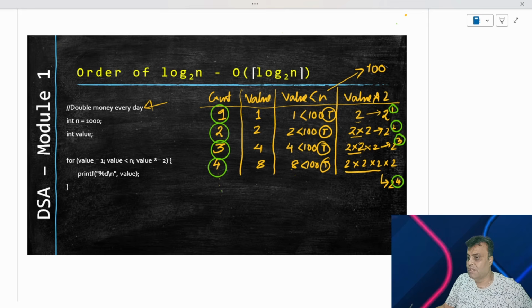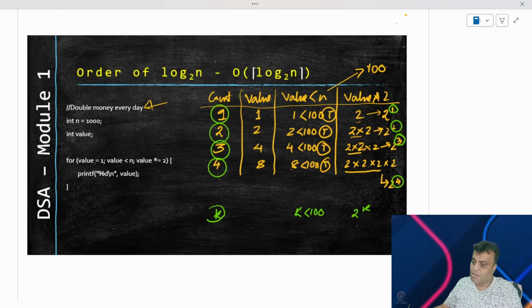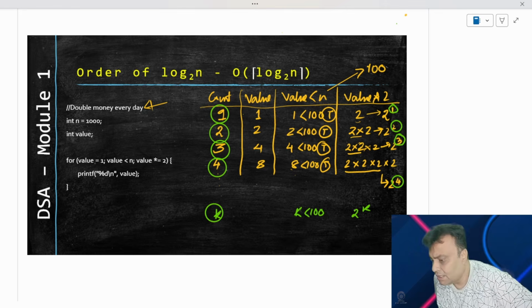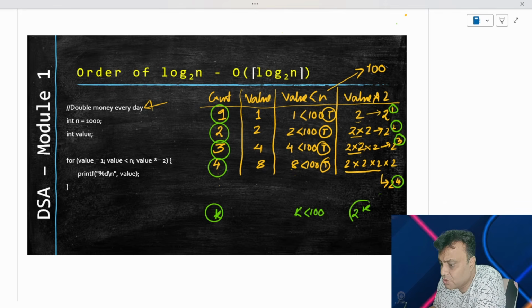And therefore we will say that if this runs k number of times, I do not know whether k has crossed n or not, right? So I do not know whether k will cross 1000 or not, or 100 or not. And I'll say that if it runs k number of times, then that k is going to be definitely less than 100. And that k will produce 2 to the power k as my value of value, right? As the outcome of value. So can I say that if the count runs for the kth iteration, the value of value will be 2 to the power k, right?